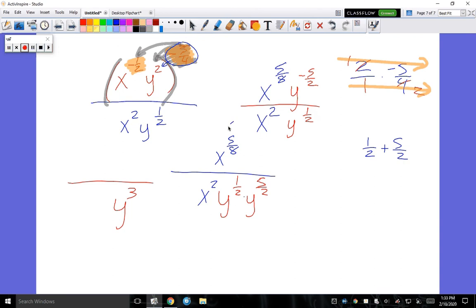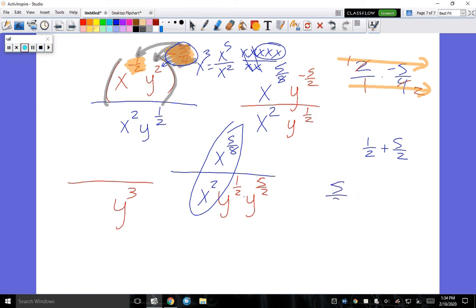See, when you see these things like x to the 5th over x squared, they're easy because you just have 5 on top, 2 on the bottom. The top wins, so you would reduce to x to the 3rd. But when you have these weird fractions, you got to use the rule of same base, dividing. What do I do with the powers when I have the same base and I'm dividing? Subtract. So 5/8 minus 2